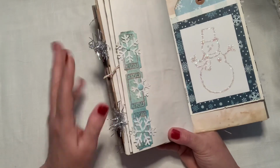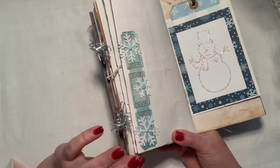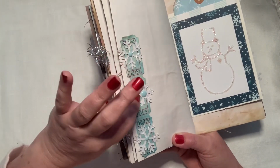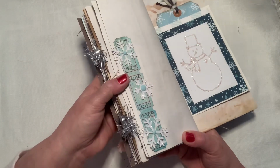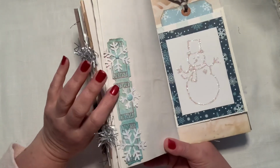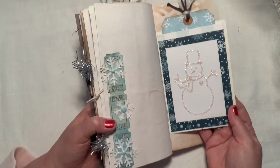This side, I used the line of tickets that Lynette provided and added sparkly snowflakes, and then I just embellished the middle with a light blue enamel dot, of which I myself, and probably most of you, have bazillions of. This side,